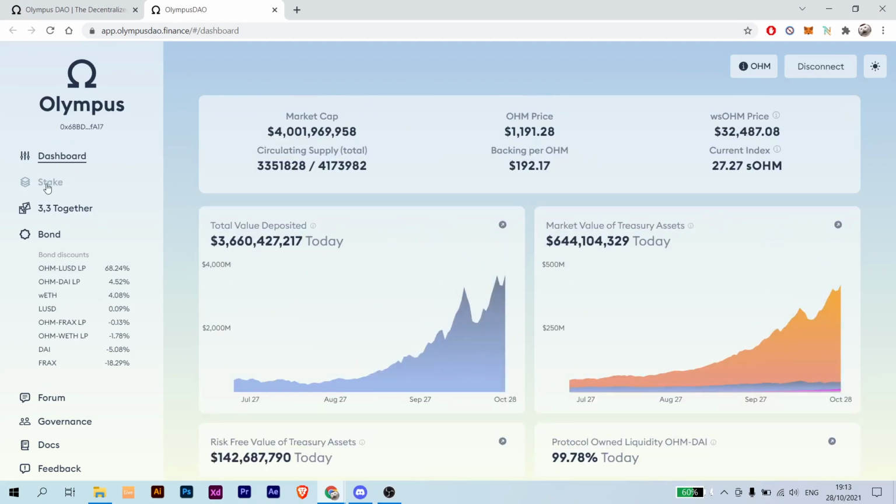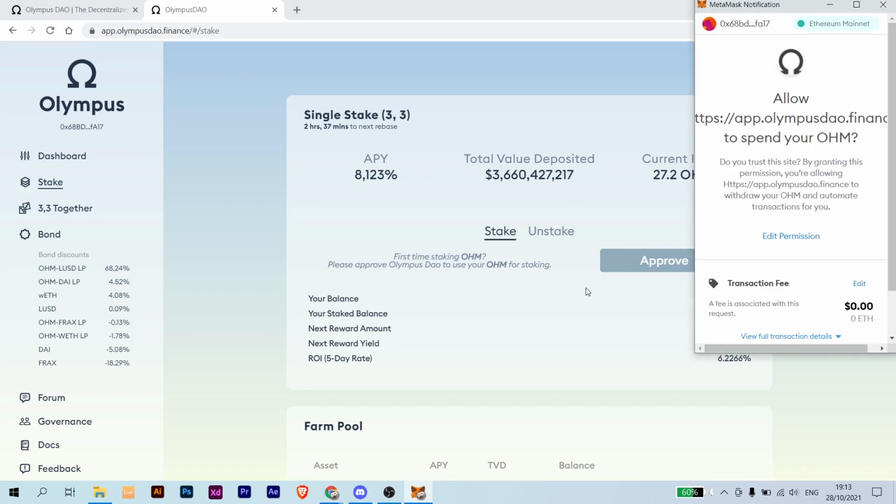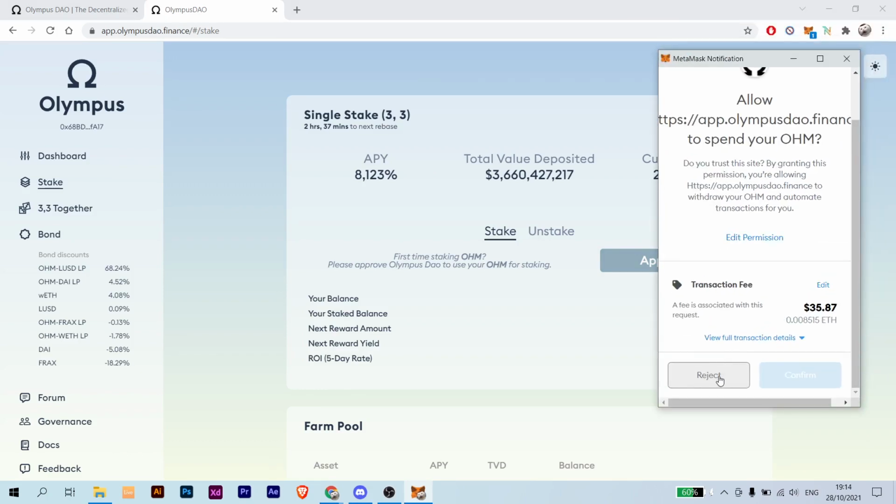To stake, you need to go to stake here, and here is where you get to stake. But before staking, you first need to approve. As you can read in here, to approve, click approve, and they will give you this prompt to confirm a transaction. Then you click confirm, and then you get to stake the OHM that you have. In my case I don't have any, so I will just reject, but in your case click